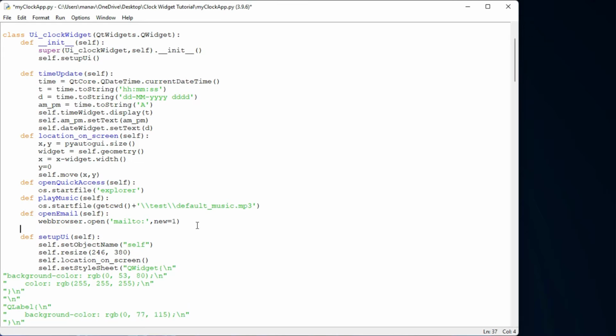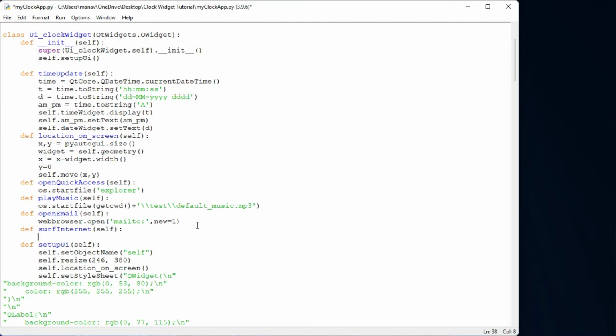So it is done. Now let's make the method for opening the internet. I'll name the method surf internet. Under this let me pass os.startfile. You can also give any web browser link, like the Google home page, then you can use webbrowser. I'm using os.startfile for opening our current browser.